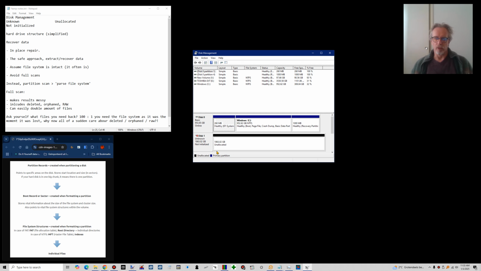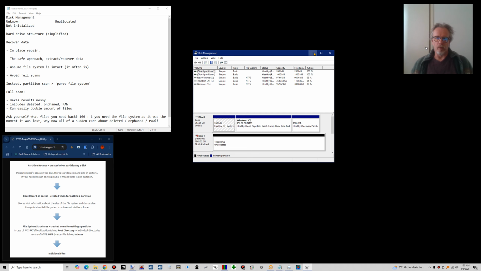a lot of noise. Because if you delete a partition or somehow lose a partition and you want the data from the partition back, you want the data as it was at the time that you lost it. You're not interested in orphaned files, you're not interested in deleted files, so we don't have to scan for those either. Basically, a lost partition,